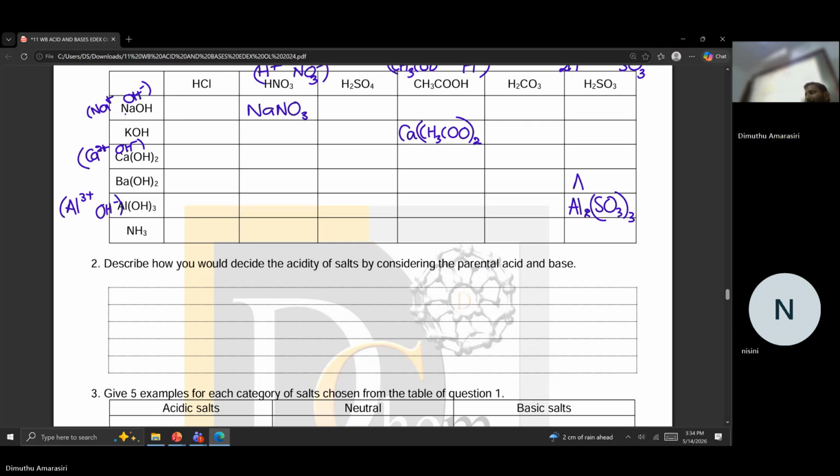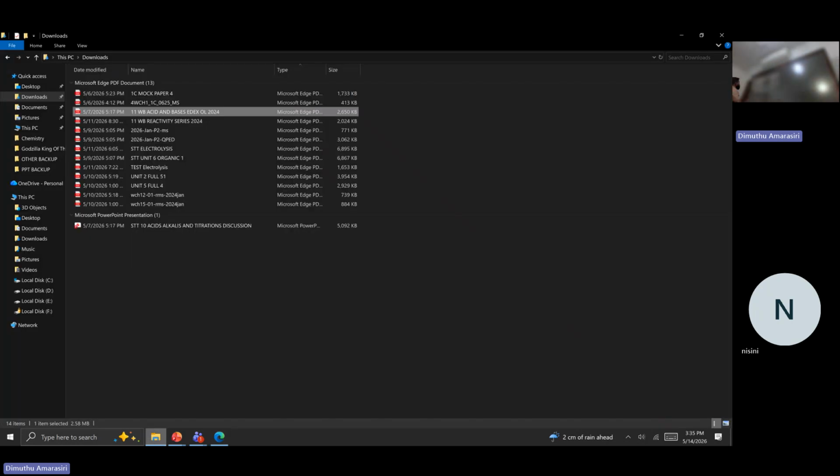Salts, whether they are acidic or basic, depend on their parental acid and base. Two, acid and base, react to give a salt. You get it? I'll show you how to apply that. Before that, one thing I couldn't tell you. We didn't finish the ammonia one, right? Ammonia one, and also I didn't include the answers for this, right?